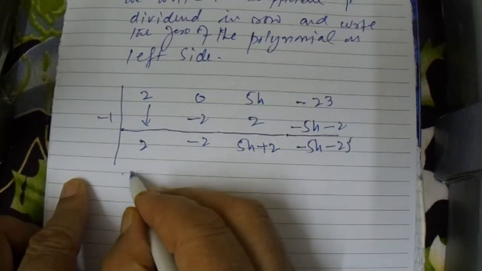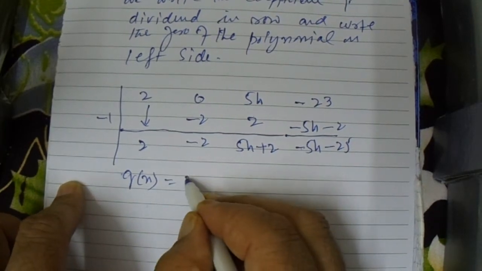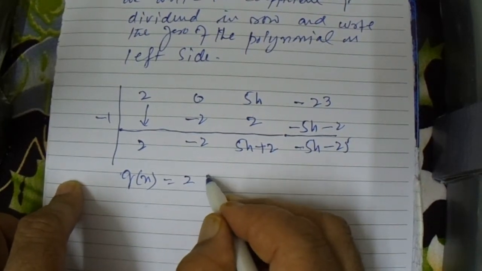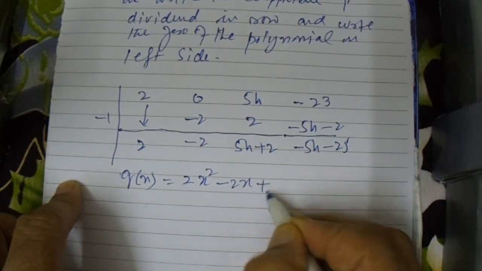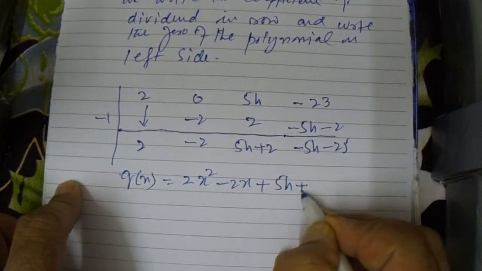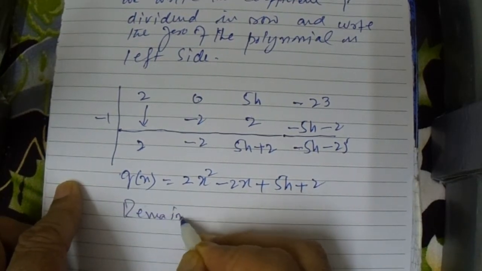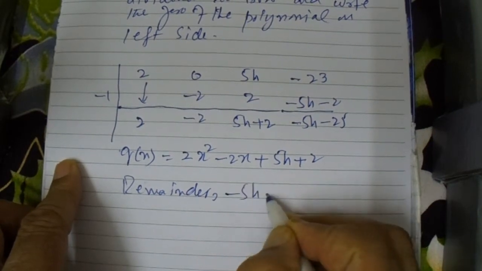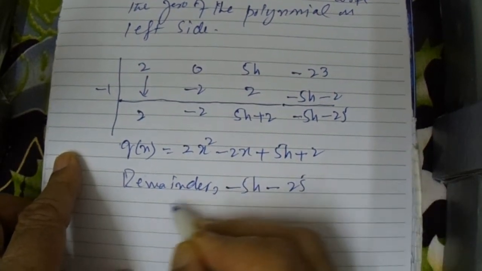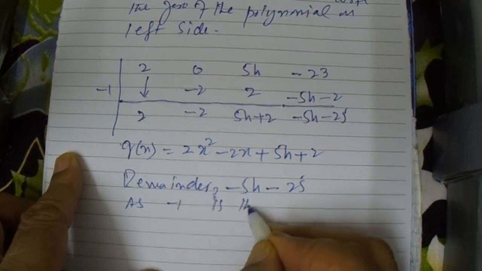The quotient is 2x² minus 2x plus 5h plus 2, and the remainder is minus 5h minus 25, as minus 1 is a zero of the